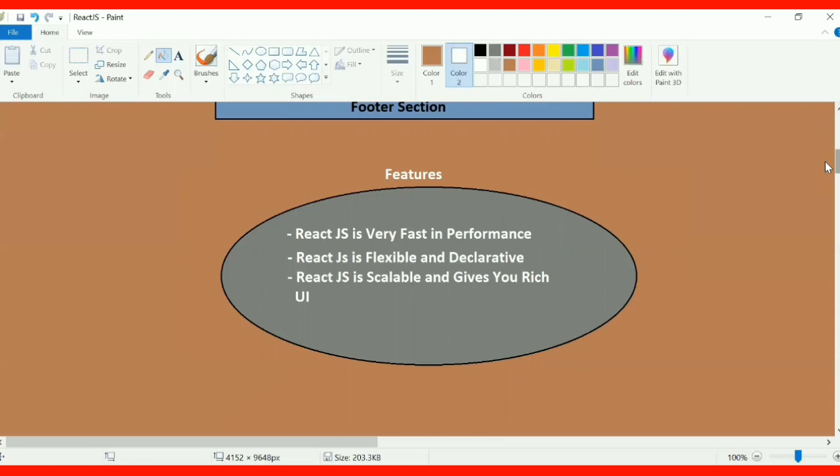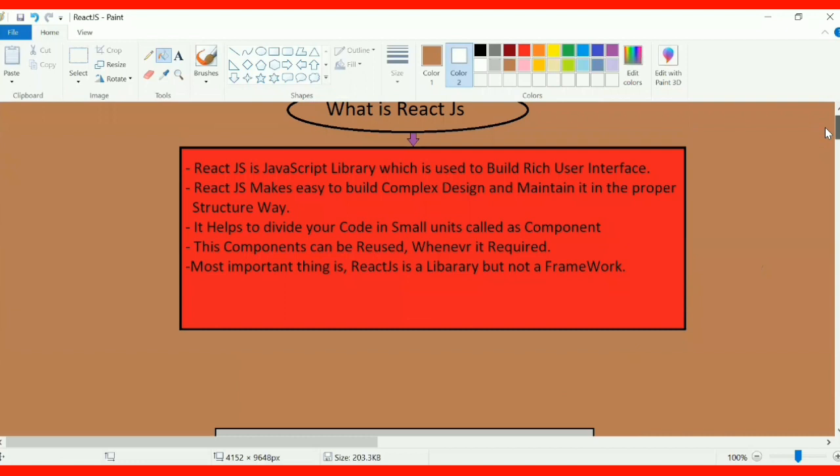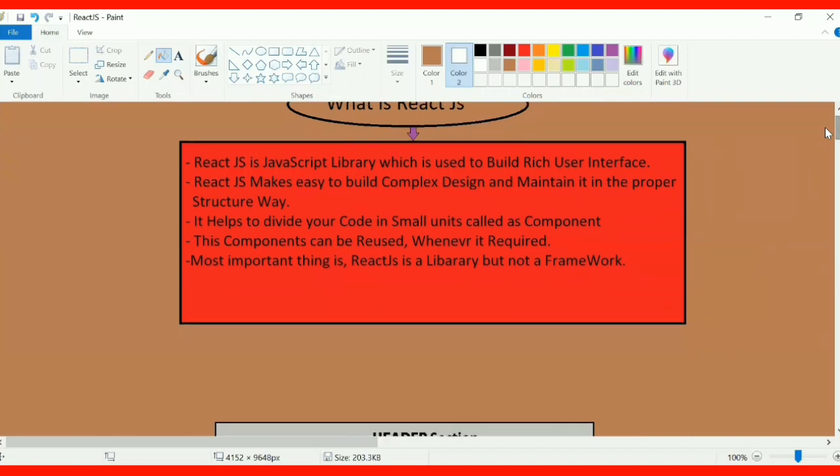So as of now, let us summarize what we have understood. React.js is a library which is used to build a user interface. One thing you have to remember, React.js is not a framework, it is a library.